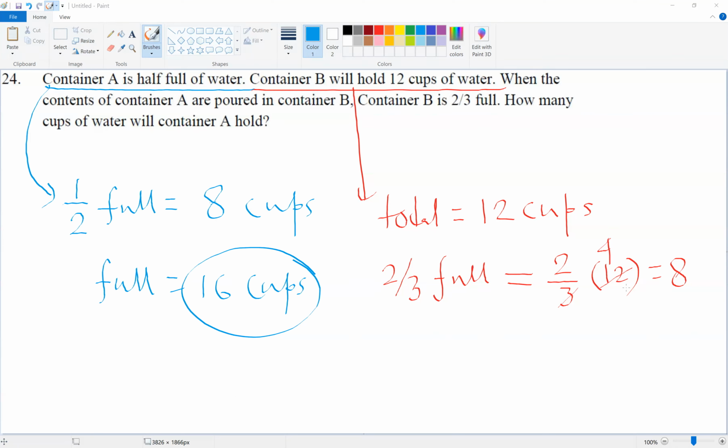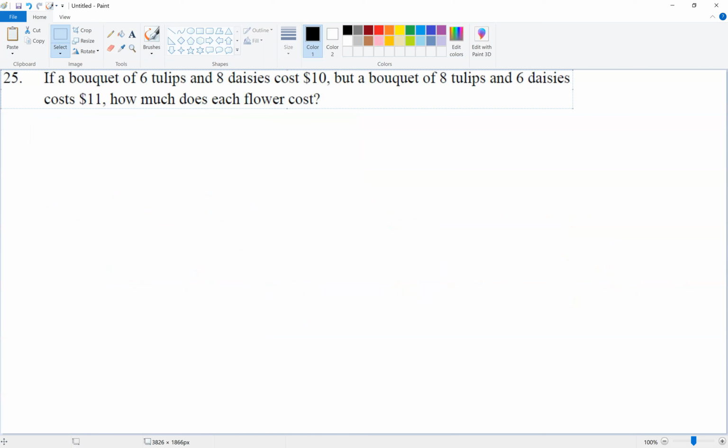Number 25, Samuta. If a bouquet of 6 tulips and 8 daisies costs $10, but a bouquet of 8 tulips and 6 daisies costs $11, how much does each flower cost? I didn't do this question, but I'll try. What would you do? So first I would do